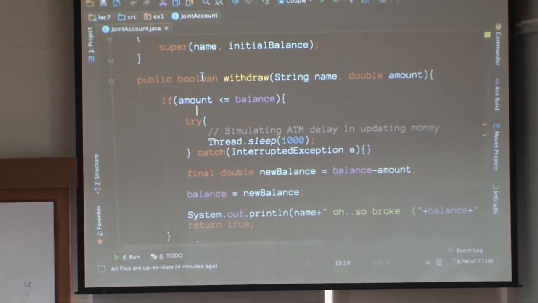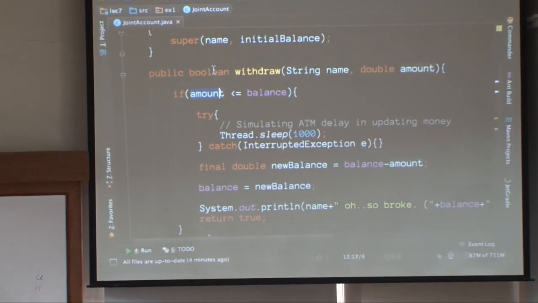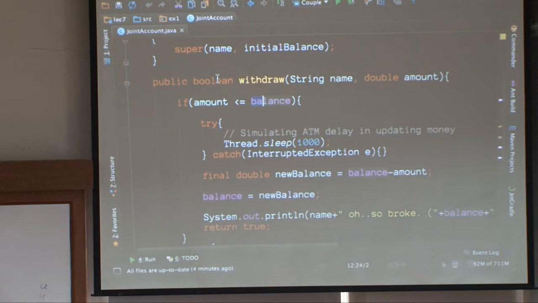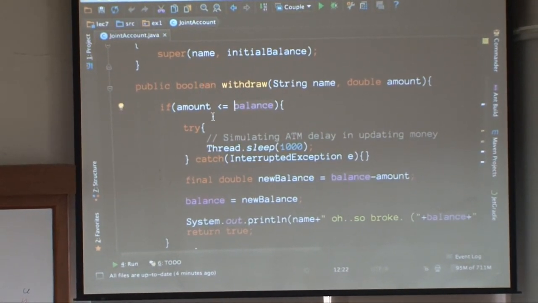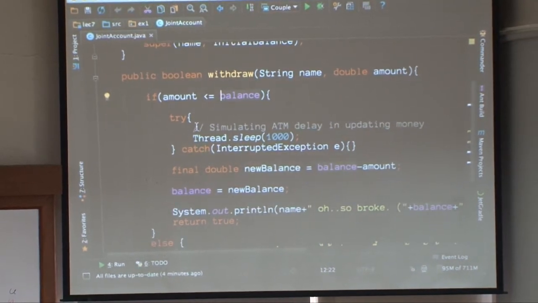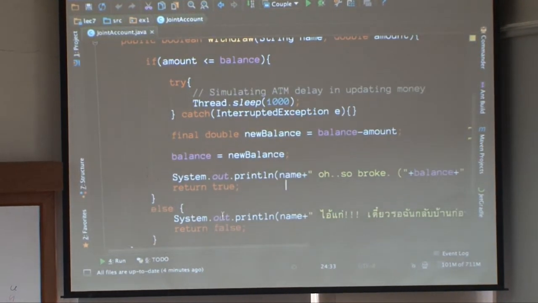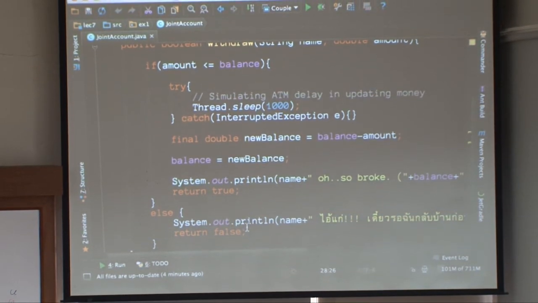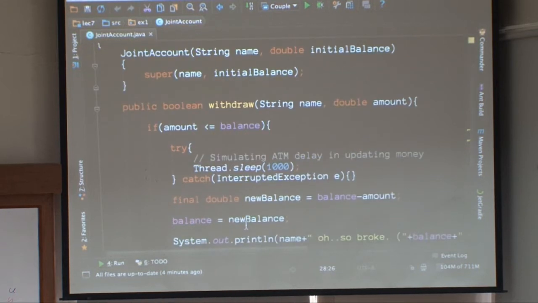You could, for example, implement it like this. So you have the amount that you're trying to withdraw, and you have the current balance in the account. If the amount is less than the balance, then you could withdraw. Otherwise, you have to print out something to indicate that you can't withdraw because you ran out of money,